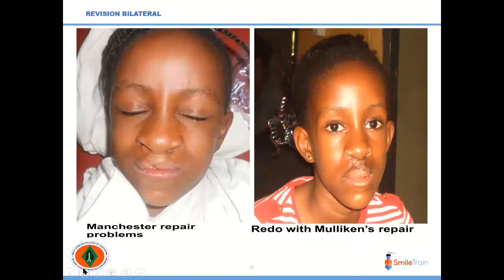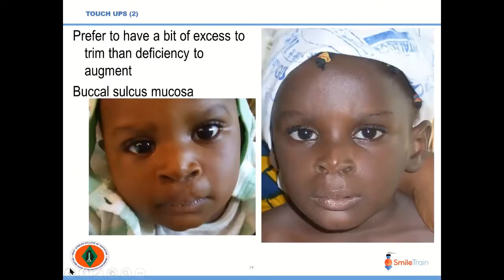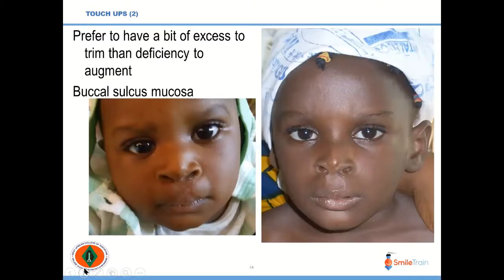We're about finishing. Next one. Next one. Sometimes you may need to do touch-ups even when you think you've done something good. So that repair looked good, and here we made sure we had a tubercle, but I think we overdid it. Next, because next one, as she grew, she looked normal. We had the philtral dimple, we had the cupid's bow peak, it looked right. We had the projection, we had the tubercle, but next,